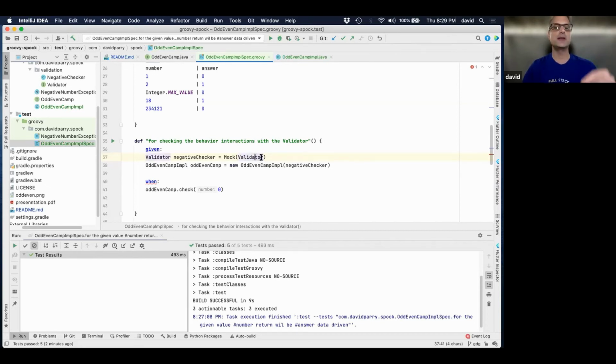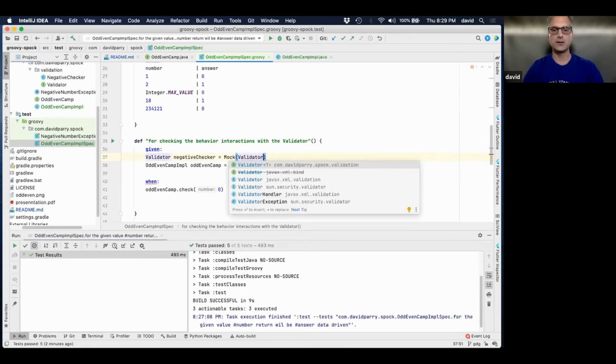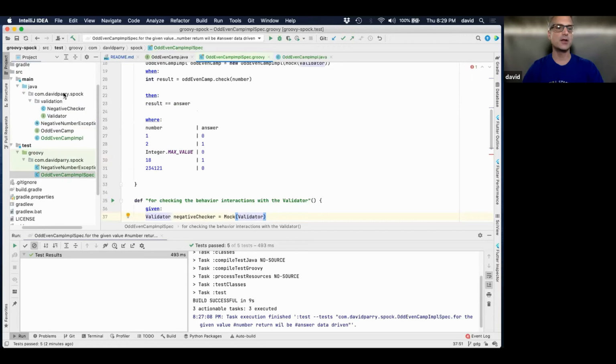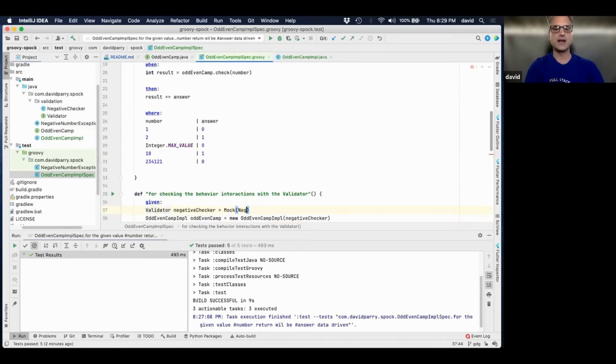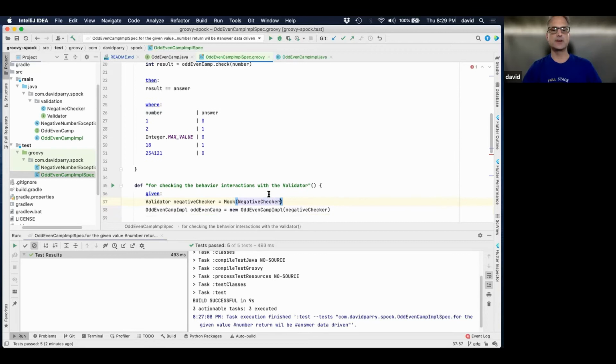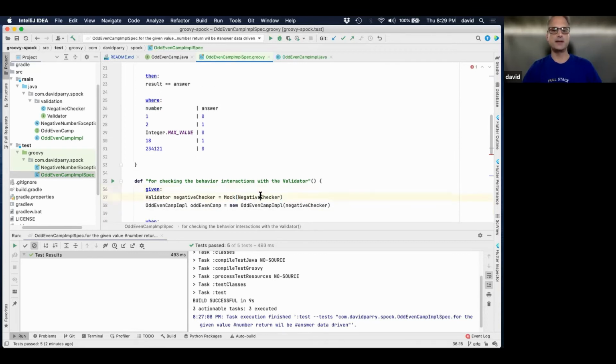So this could have been the validator impl. Where's my, what did I call it? Negative validator, or negative checker. So I could have done this, and it would have still worked because it implemented this interface.